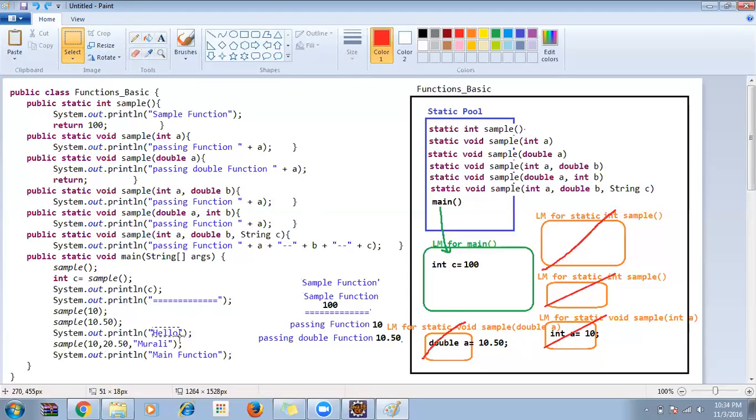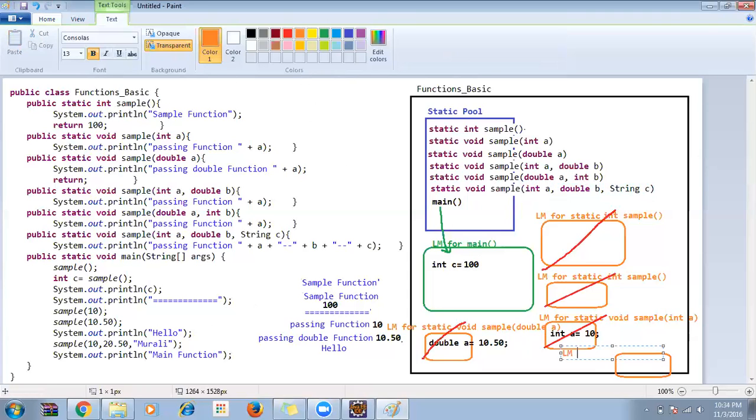Then next line. Then it will go to the sample method where we have integer A, double B, and string C. Super. Awesome. Yes, correct. Now what will happen? Again, the memory allocation will happen. One more memory will be created. So this will be the local memory for